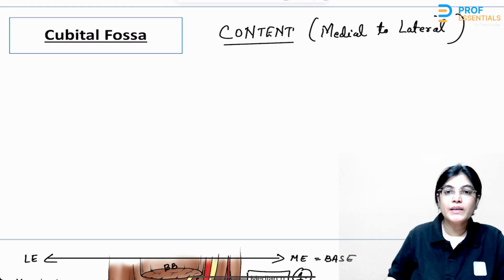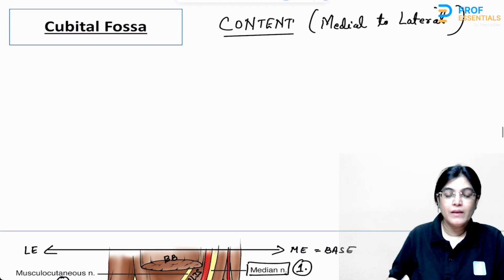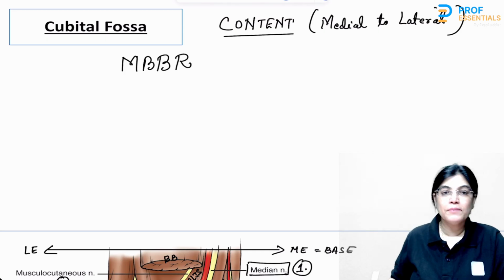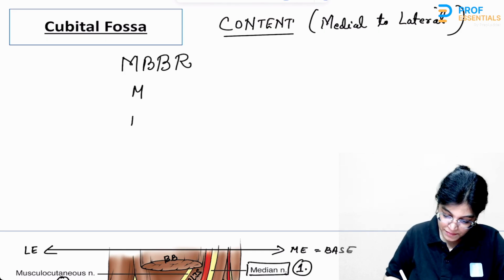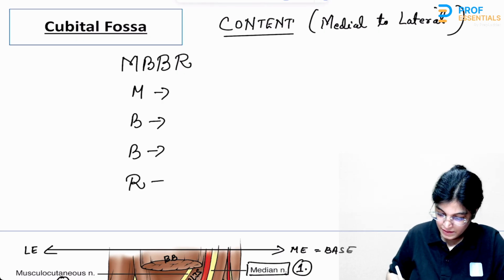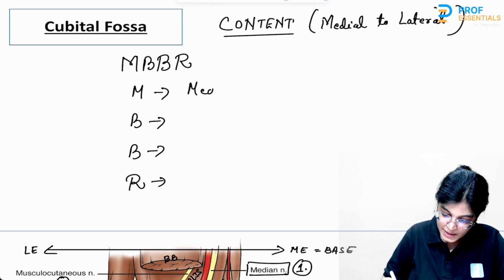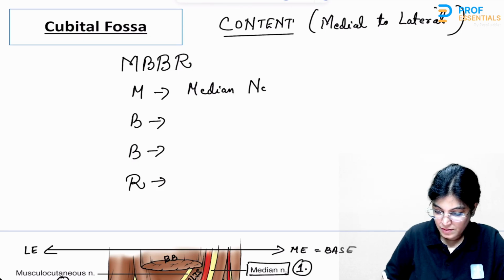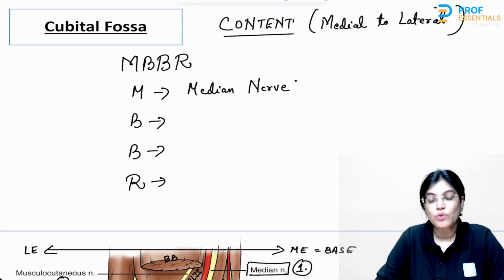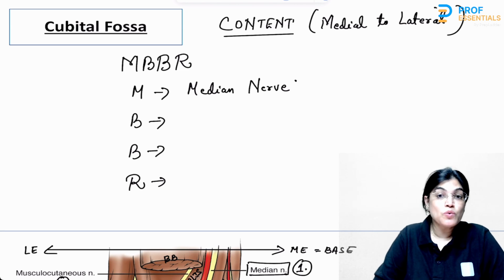Okay, the mnemonic is MBBR. MBBR. M for median nerve. Actually, median nerve will leave the cubital fossa passing through the two heads, in between the two heads of pronator